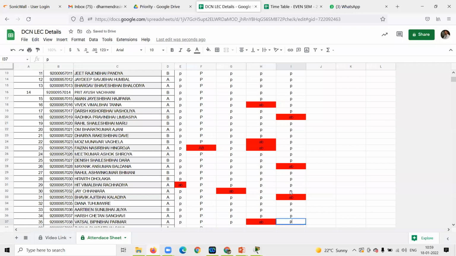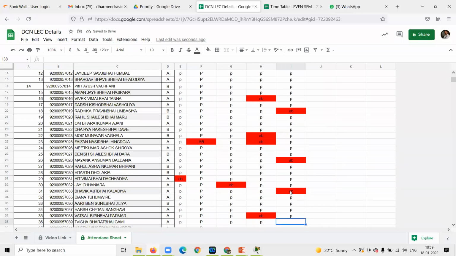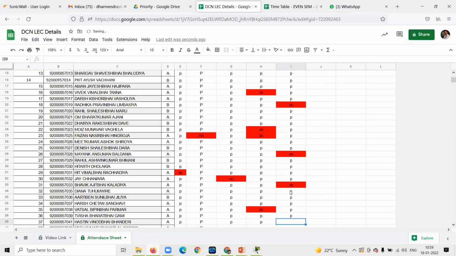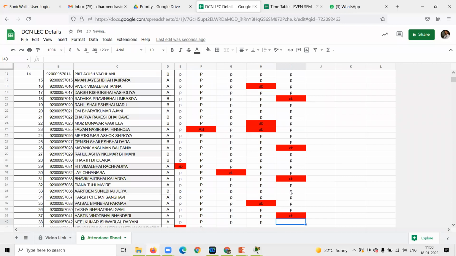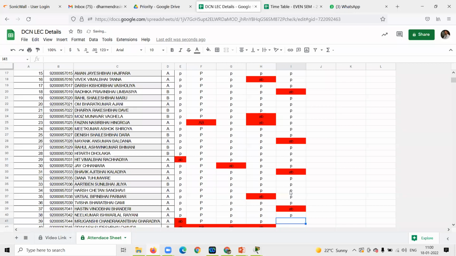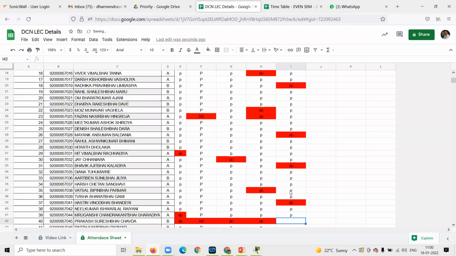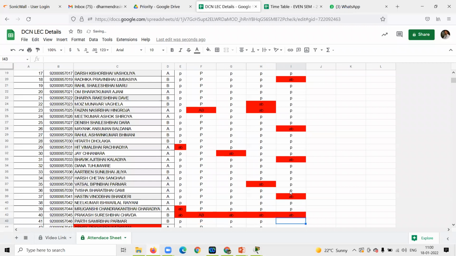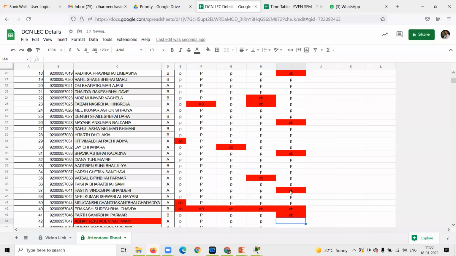Vatsal, present sir. Twisha, present sir. Asti, Neil, present sir. Muruganshi, present sir. Prakash, Parth, Abhay, present sir.